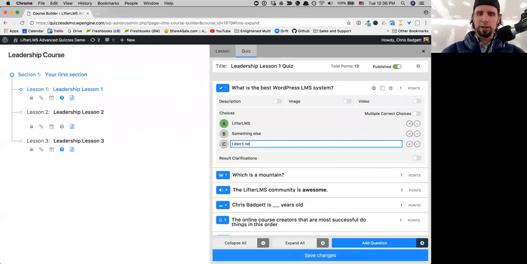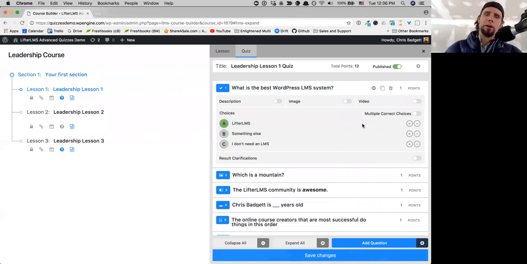I don't need an LMS, or something like that. Now I have 3, and here I could select, oh, this is the right answer, but I think that is a correct answer. We've also added a feature called multiple correct answers. So this means if we were going to add a 4th option,